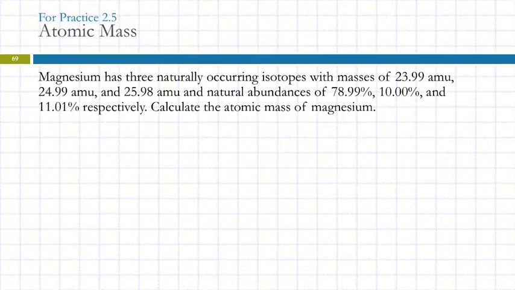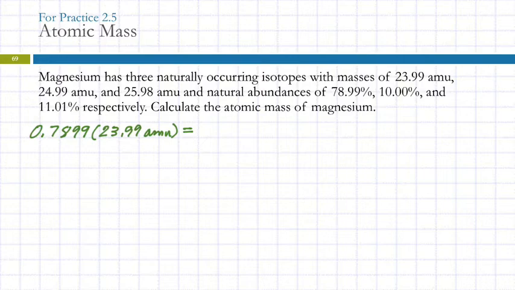So I want to take the first percentage and convert it into a decimal. So 78.99% becomes 0.7899. And I'm going to multiply that by the mass of that isotope, 23.99 AMU. I'm just going to write this down and I'll get my calculator out. The next one,